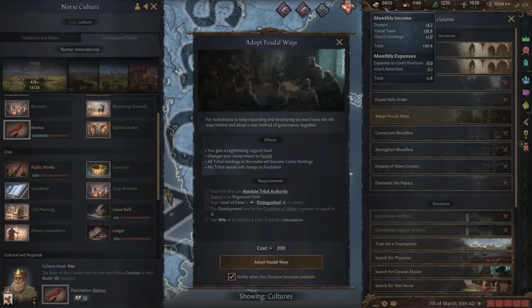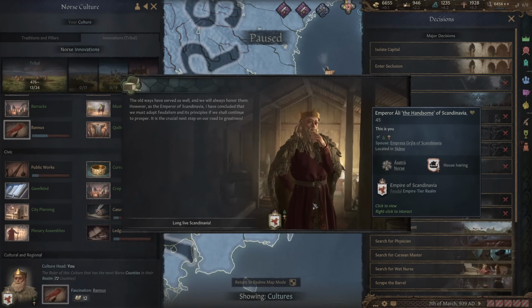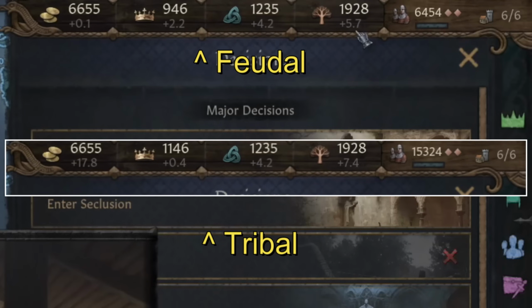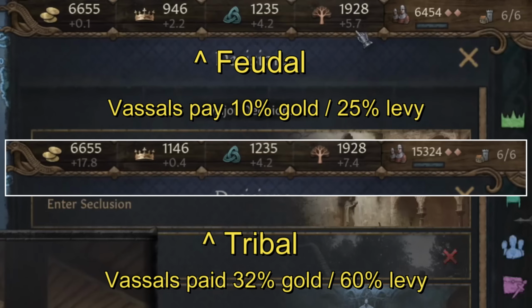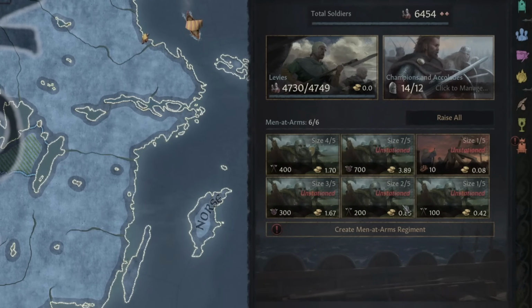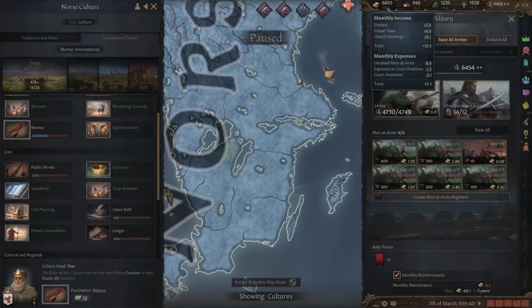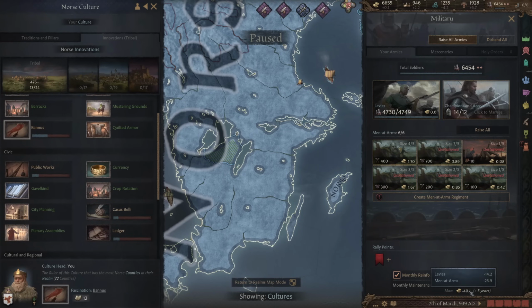The reason why I've picked 6,000 gold is once I do transition, the first thing you'll notice is I've lost a lot of manpower, and that's because most of the peasant levies were coming from my vassals, and I also lost a lot of taxes. If we take a look at our men-at-arms, they're going to cost us a lot of gold. Sometimes you can be negative, and if we do need to raise them for war, I